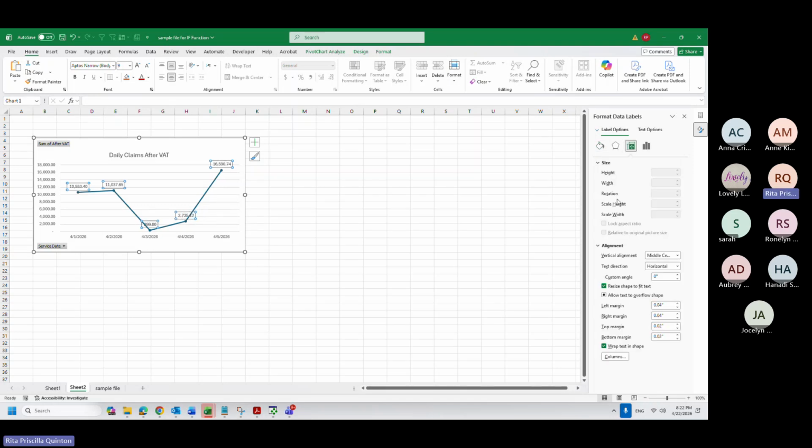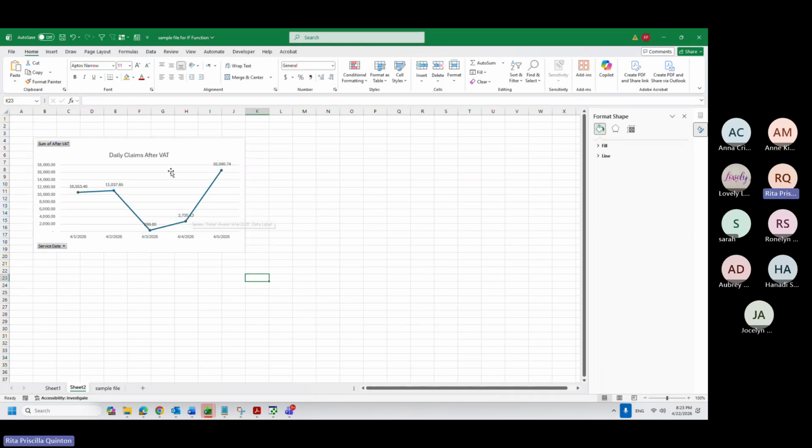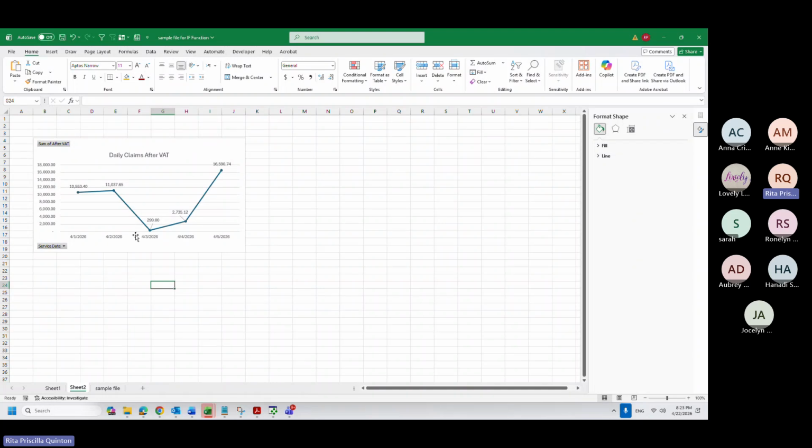So I want to move them. Position, label position. I want it below or above or right. So these things you can decide on. It's okay to be above, but I want it further because I don't want the line to cover my amounts.